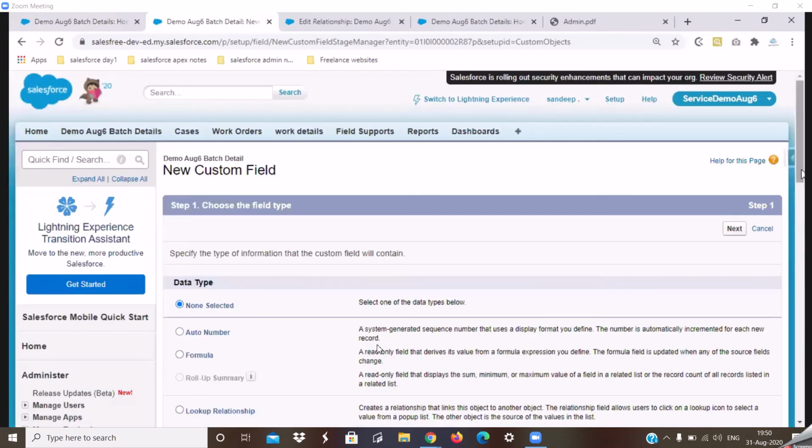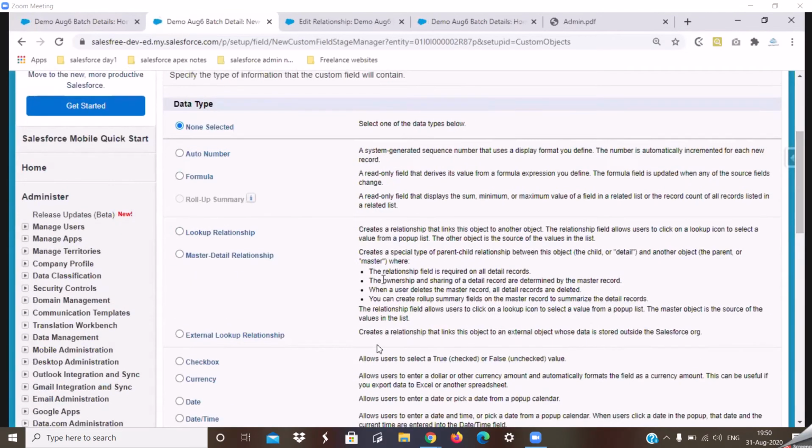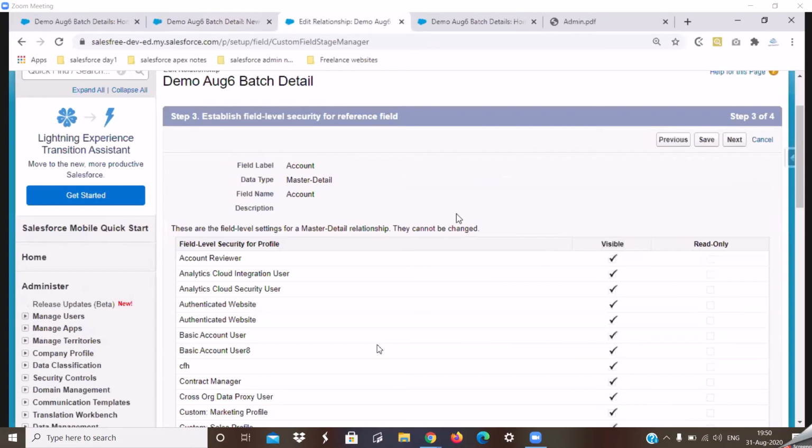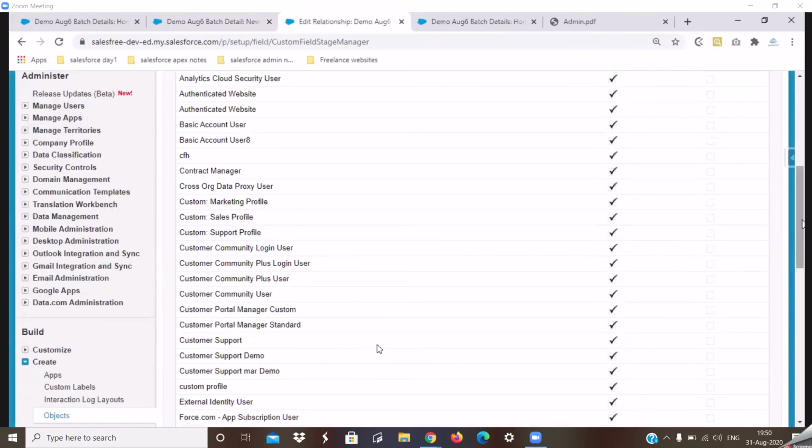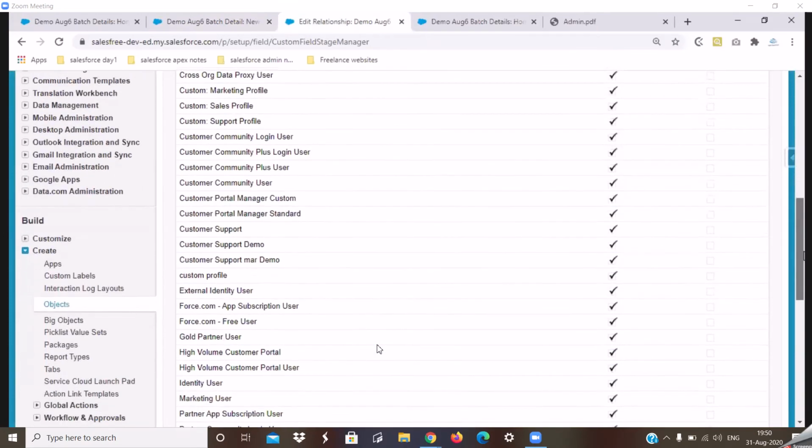All right. So on the master detail relationship, the relationship field is required on all the detail records. That means this field is a mandatory field or a required field. That is why on my step number 3, this column is set to true and no one can edit this column.